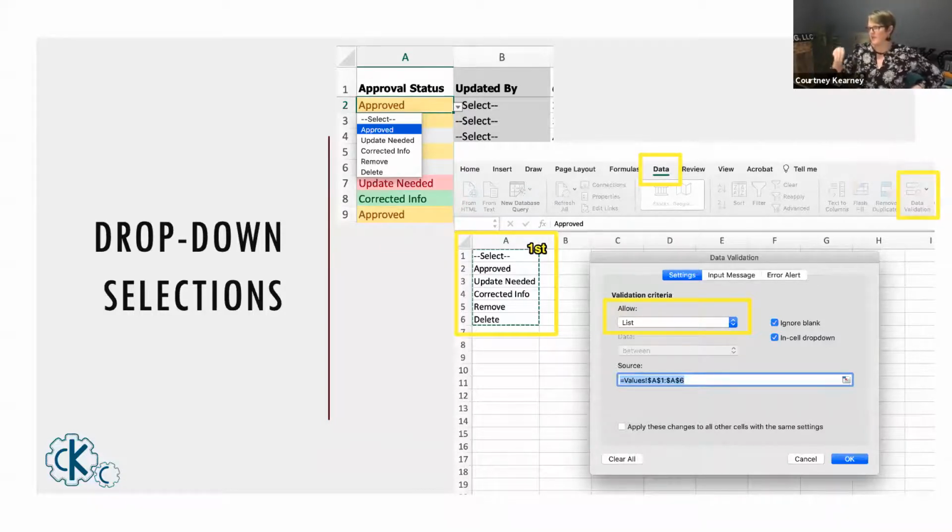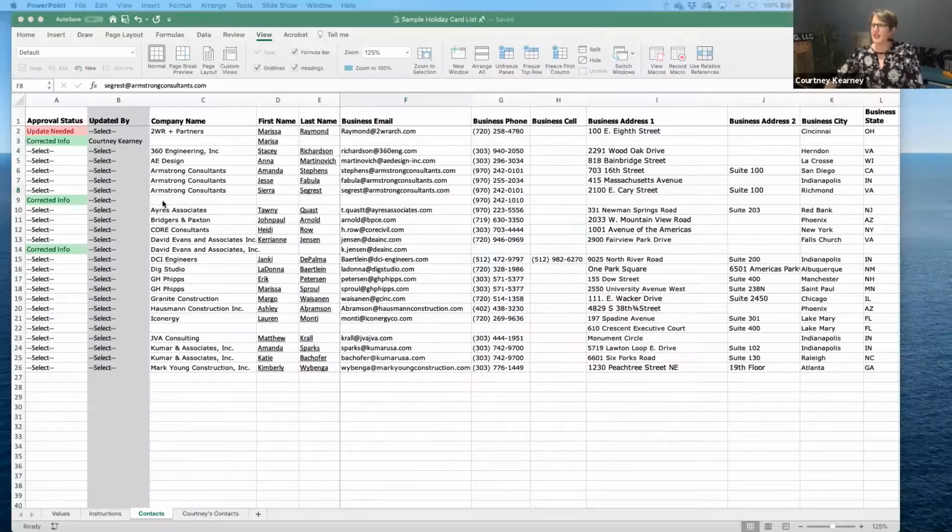Once you have that data list ready, you go to A2 in the upper left-hand corner. You click data validation, and then you select list. You select your variables, and now you have a drop-down. So what this looks like in my